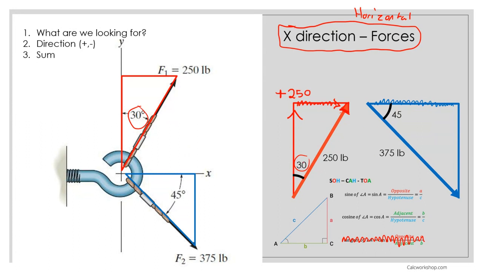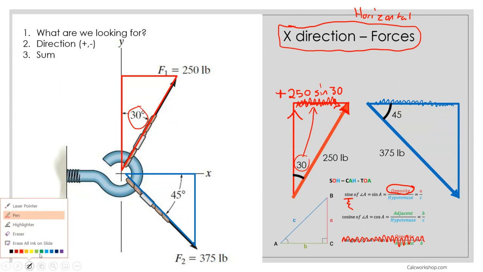Okay, so according to this angle, where is the side that you're looking for? If this is the side that you're looking for, it is opposite to that angle. So if it's opposite, you use sine. Very good, Diana. So sine of 30. And that's it for the first one.